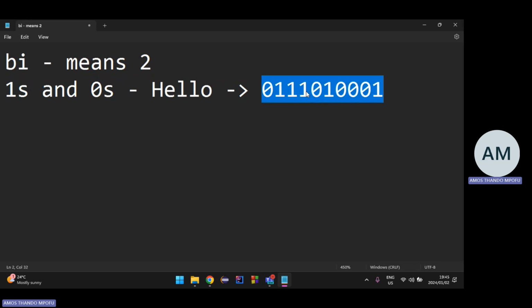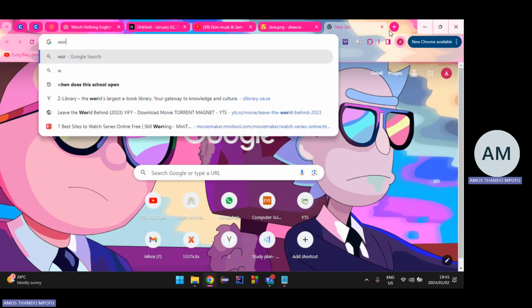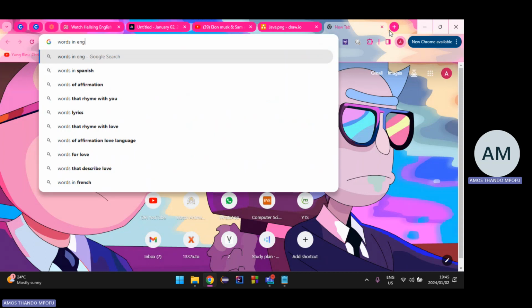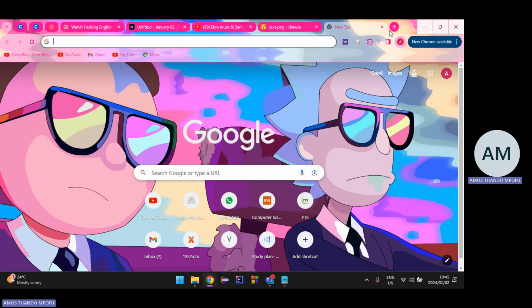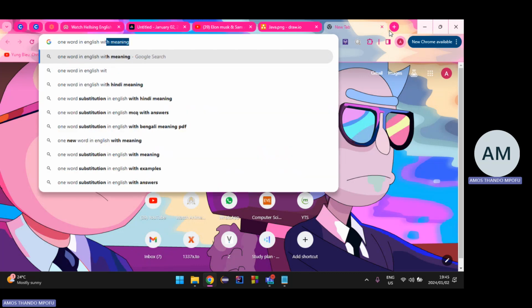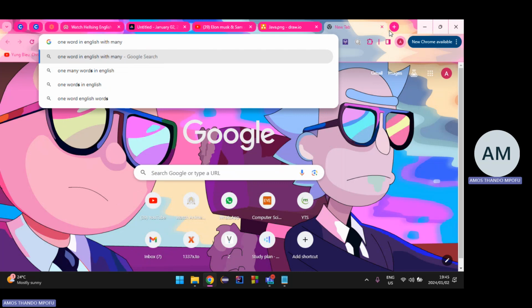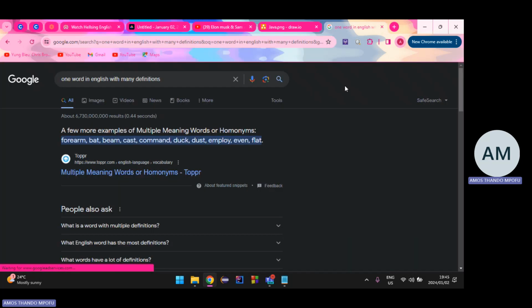Let me see if I can make a perfect example of this. Let me think of one word in English with many different definitions.